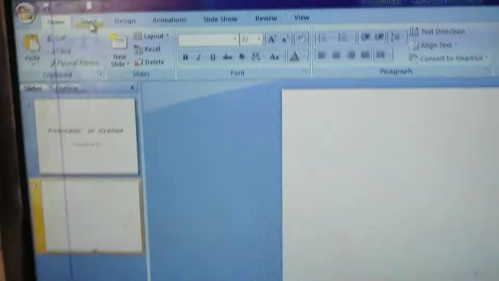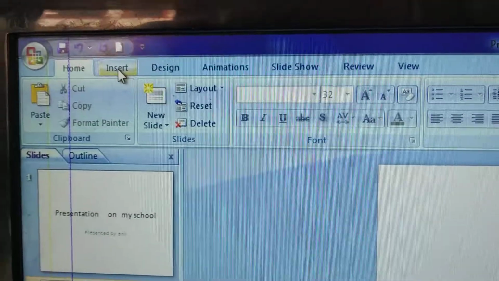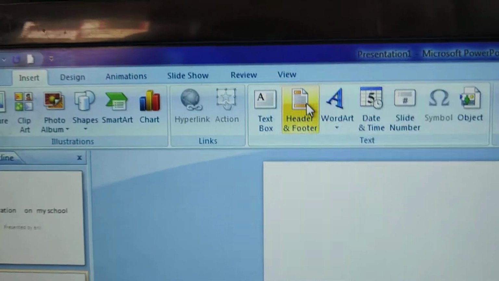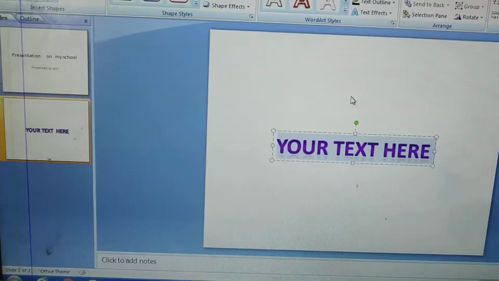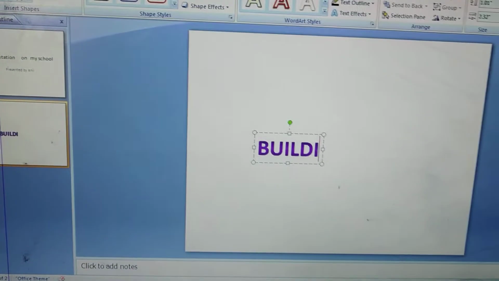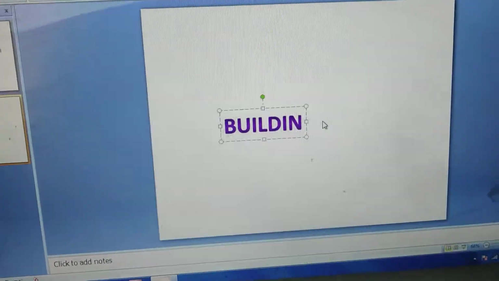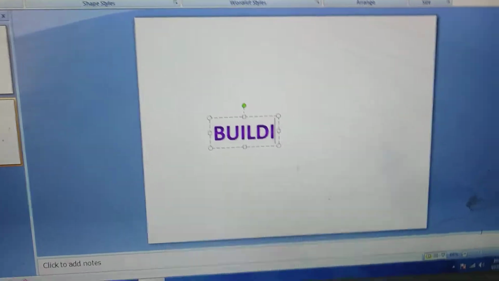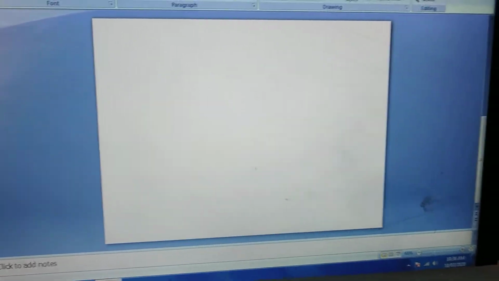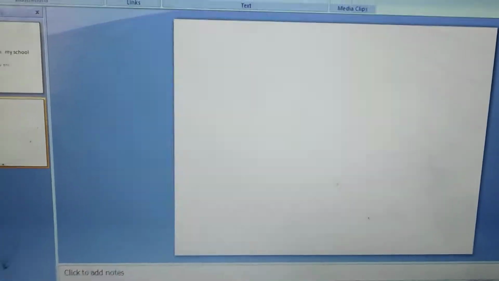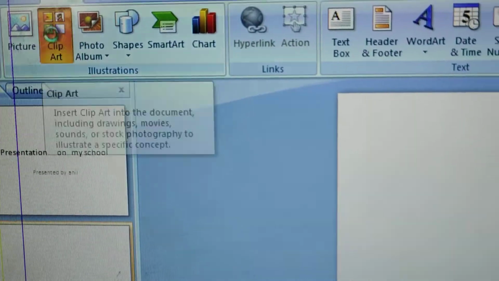So I will click on the insert menu and here word art, and here I will type building.